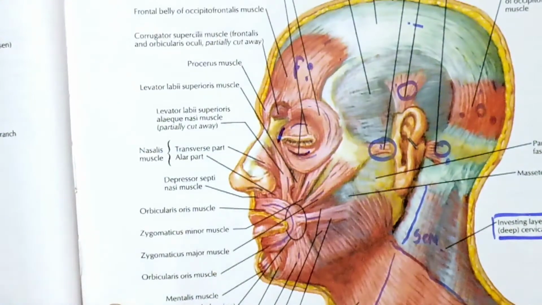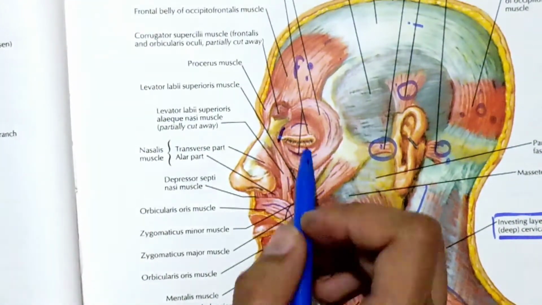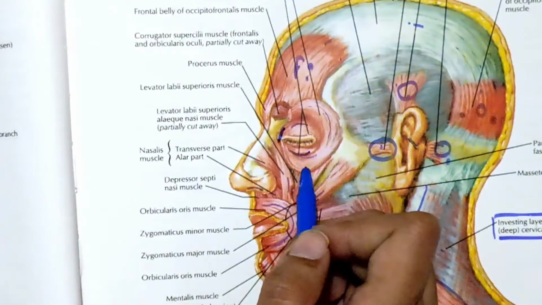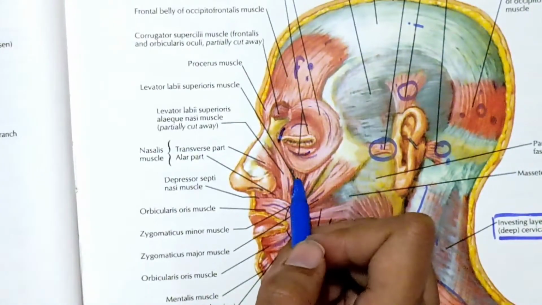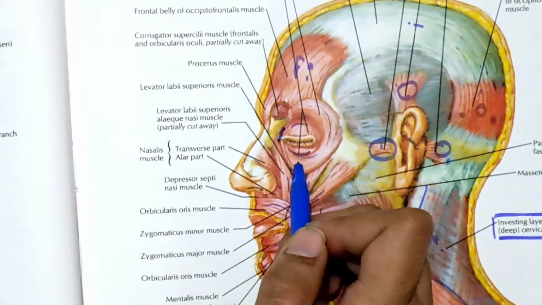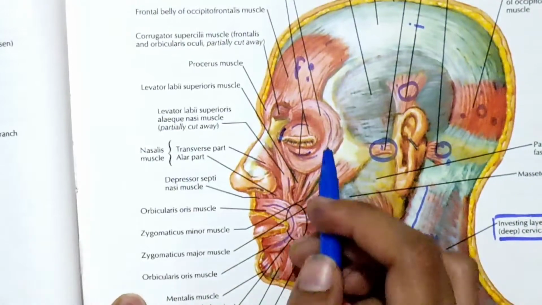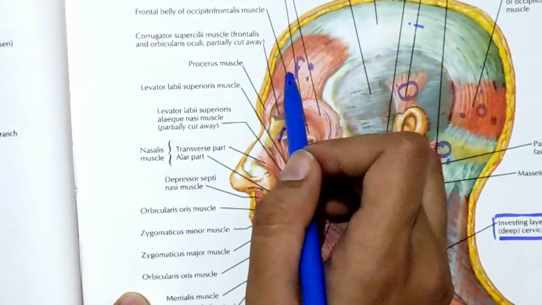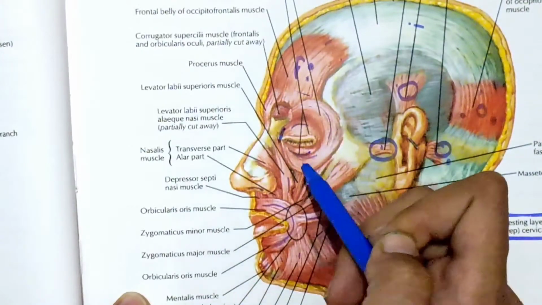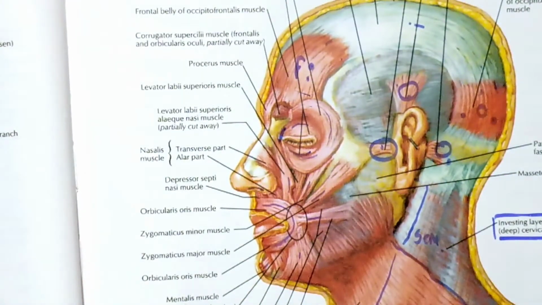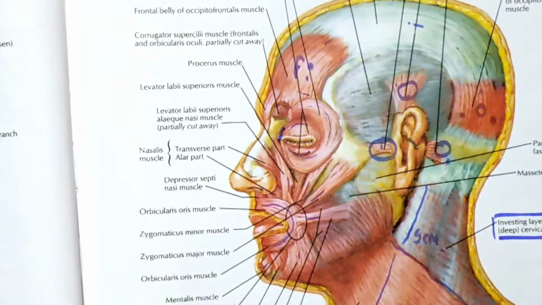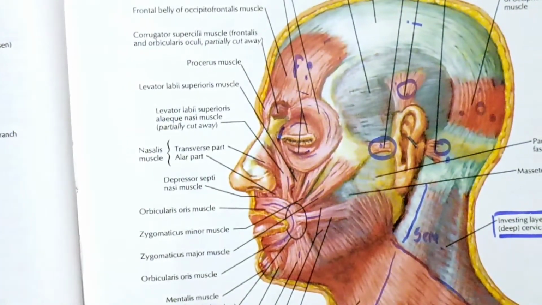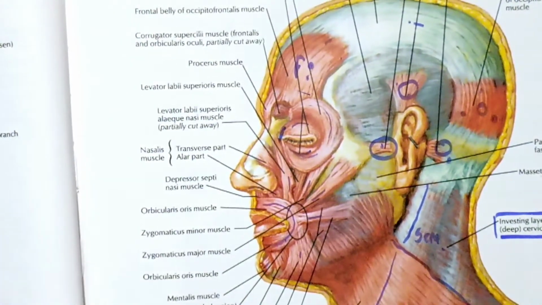This muscle has three parts and its action is to close and open the eyes, to constrict the opening of the eyes. And when this muscle contracts there are horizontal lines on the forehead. Okay, now let's move to the muscles around the nose. Around the nose, we have four muscles.